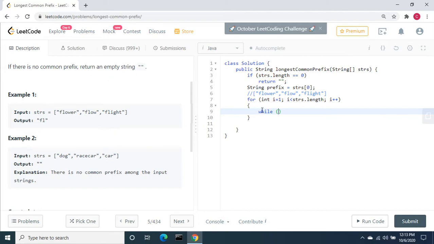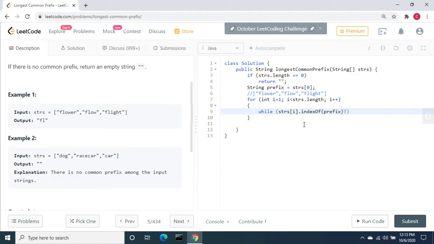The condition uses the current word inside the for loop: strs[i].indexOf(prefix). If that matches, it will return 0.